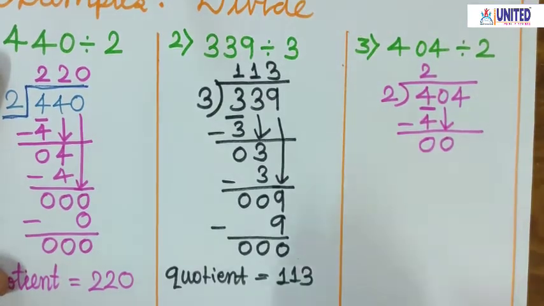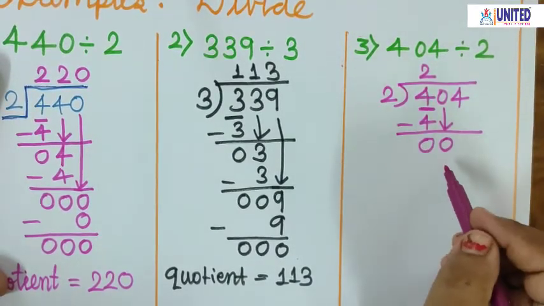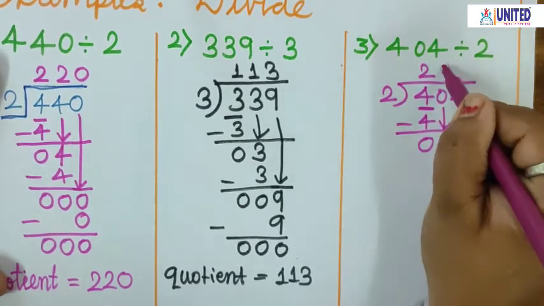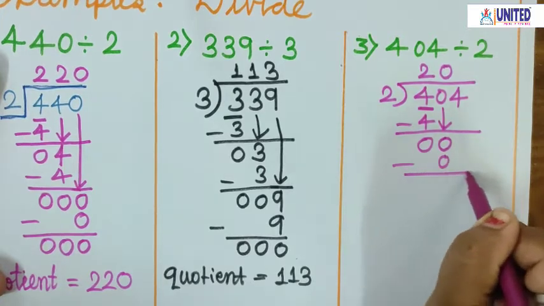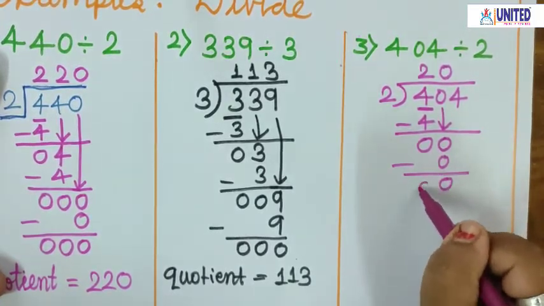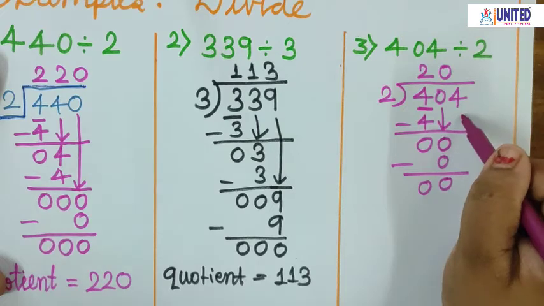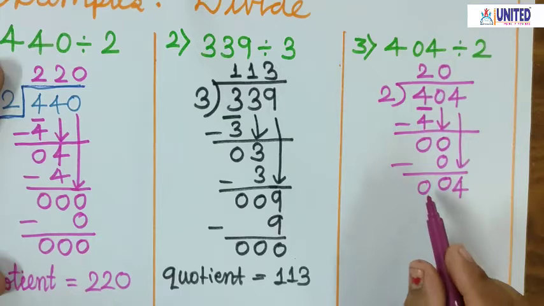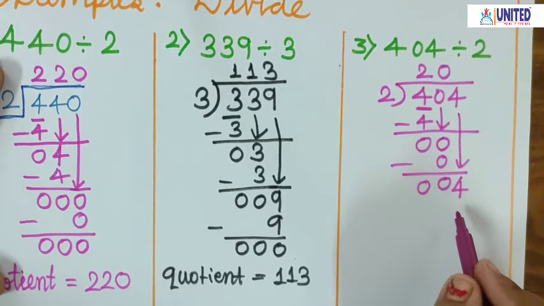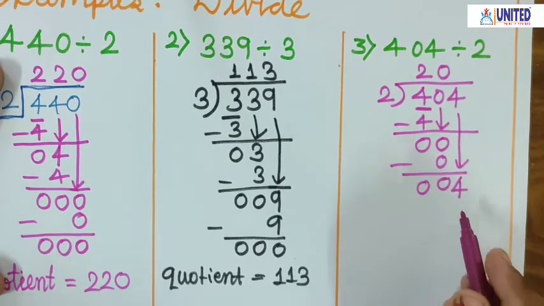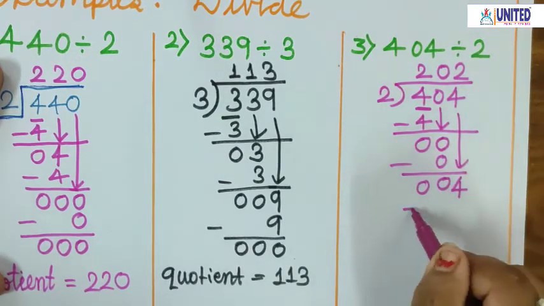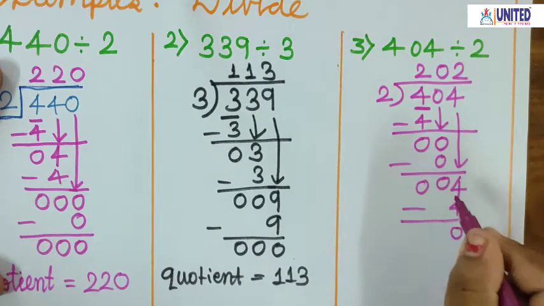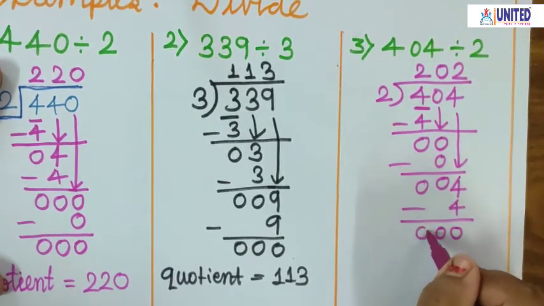So 0. Now 0 is less than 2. So we cannot divide it. So we give the divide of 0. Right. So 2 zeros are 0. So now here is 0. Again here it is the same 0. Now which number is taken down? 4. So I take the 4 down. Now 4 is greater than 2. So we can divide it. So at which place does 4 come? 2 2s are 4. Right. Now 4 minus 4 is 0. Then again the same 0. It is also 0.